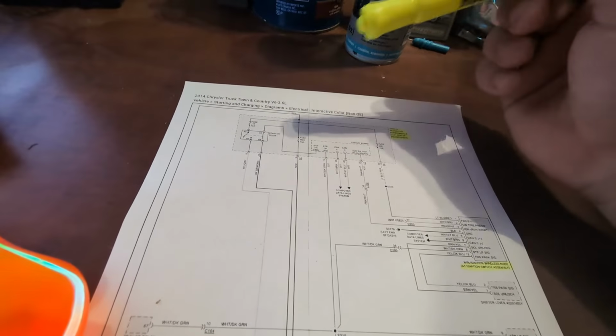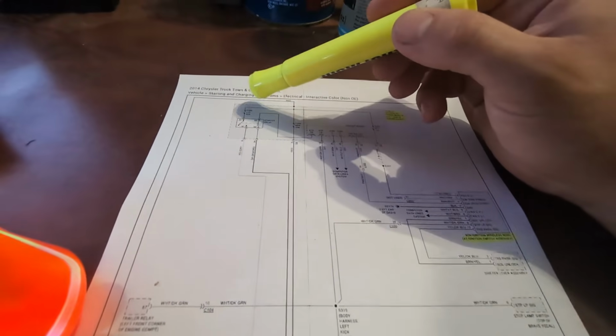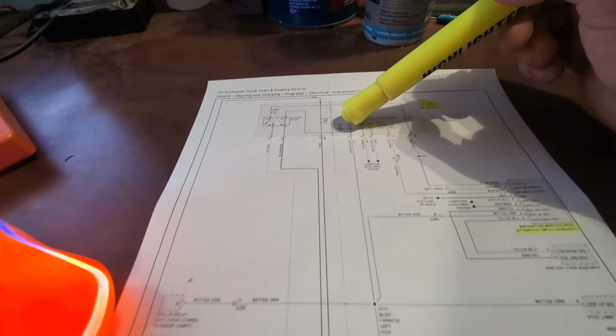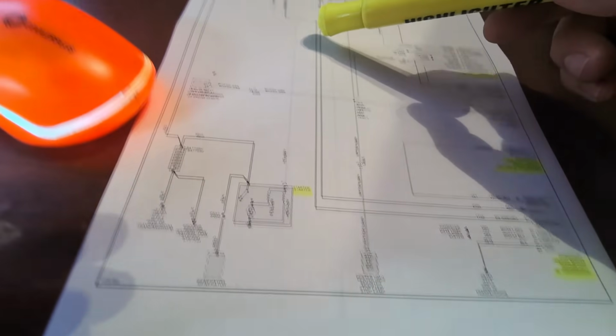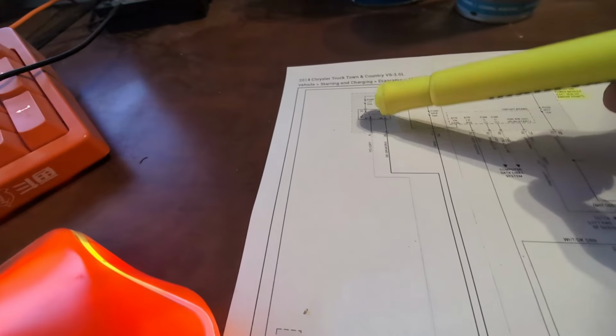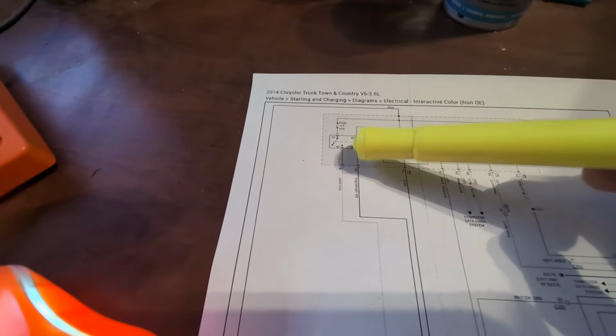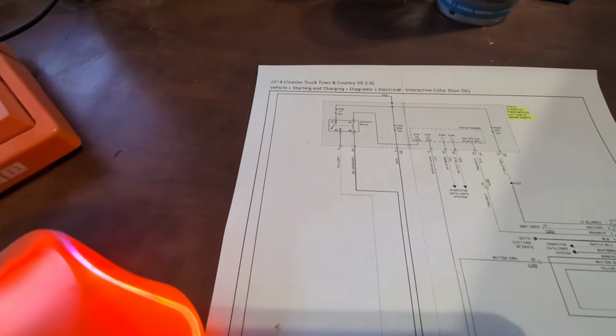Sorry about that. Yeah, so where was I? It starts a ground onto pin 85, and then the PCM is the one that will control the power onto pin 86. All right, so this relay is actually computer controlled. So when we think about that,